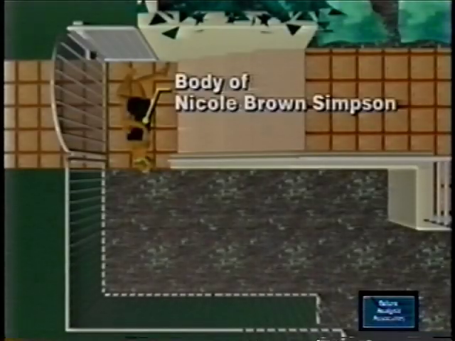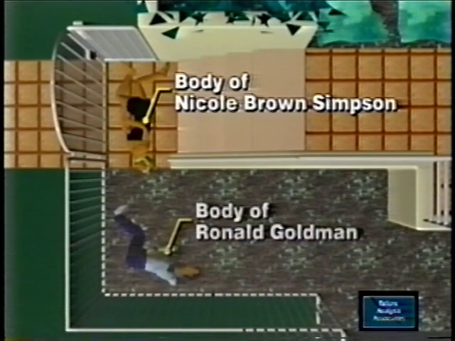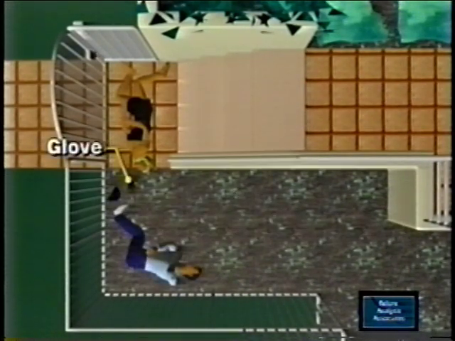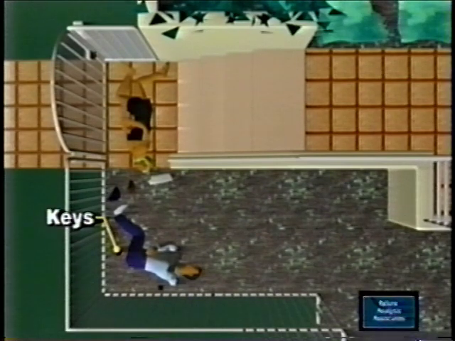When the investigators arrive, they're going to find Nicole's body in this position, Mr. Goldman's in this one. They're going to find the knit skull cap here. They're going to find a glove very close by it. Mr. Goldman's pager and his keys are all going to be found in these relative positions. We believe this to be the most detailed reconstruction